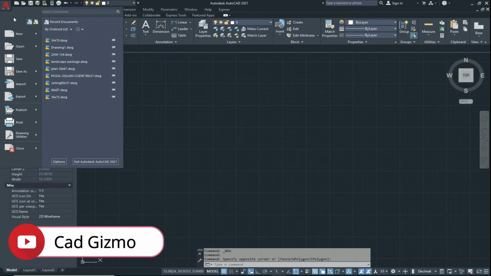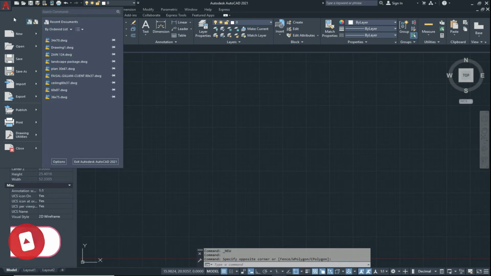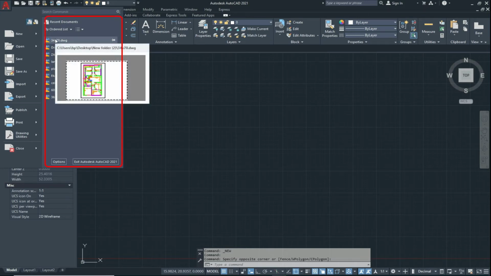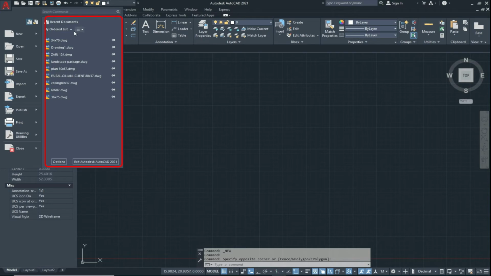Now we see the recent documents option. This is the recent documents as we showed in the startup menu or in the welcome screen. This is adjusted by the order list.